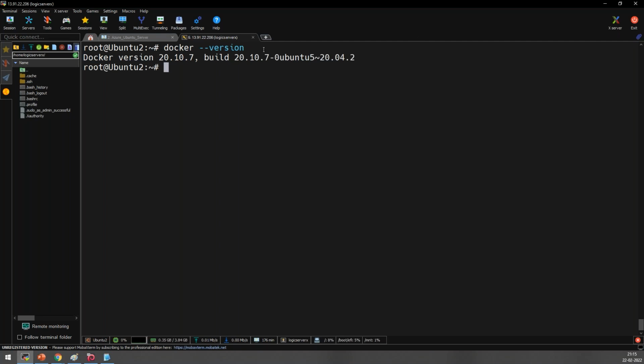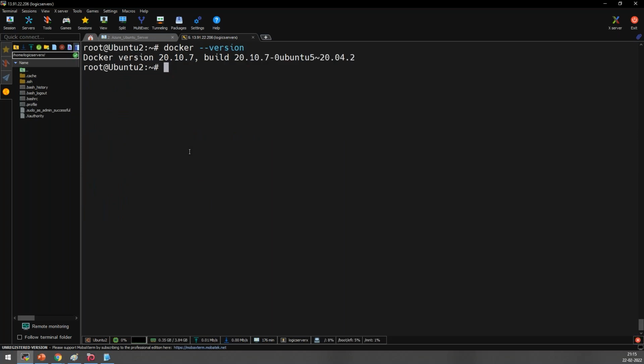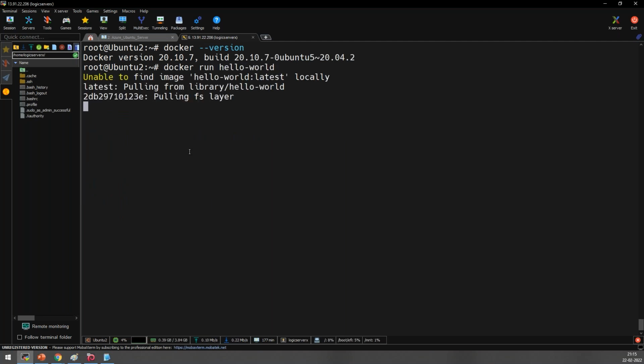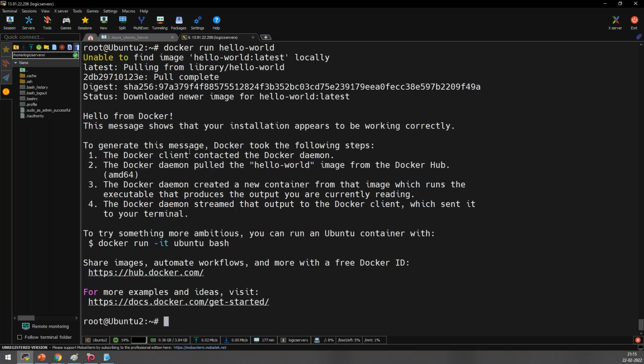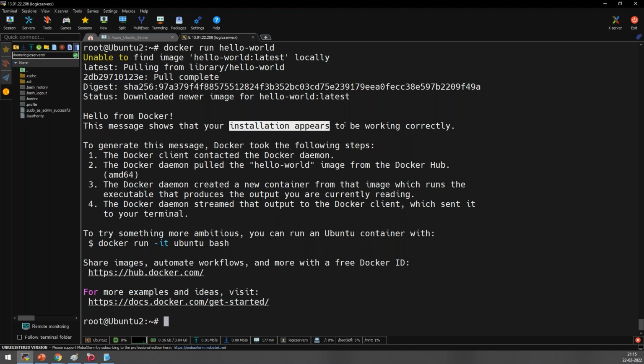So that means Suresh, we are ready now to create the container on this Docker platform, right? 100% yes. We are ready for deploying containers. And if you want to check that, type docker run hello-world. What happens is it will show you a very simple thing. See, Hello from Docker. This message shows that your installation appears to be working correctly.